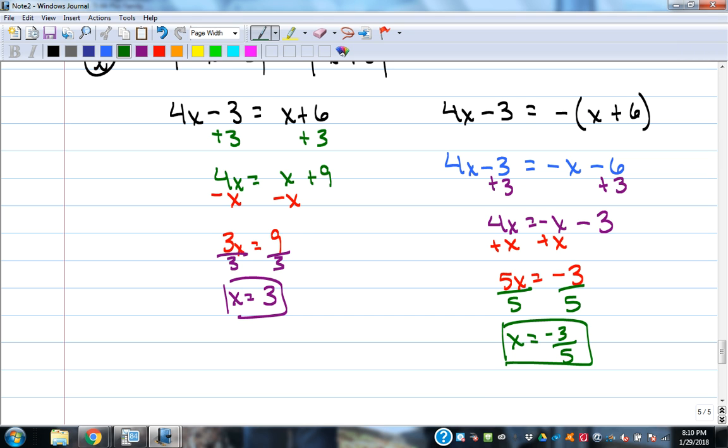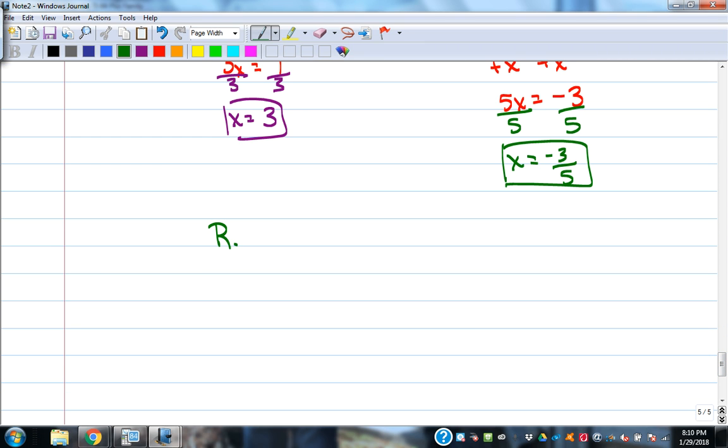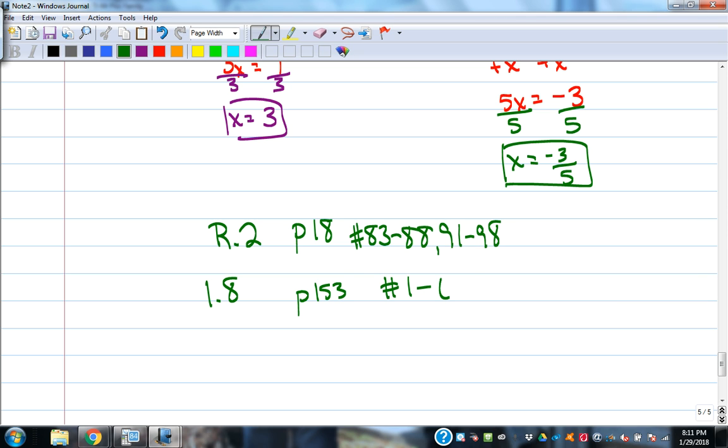Pretty easy set of sections tonight. Believe it or not, that's it. Page 18, 83 through 88, and then 91 through 98 are good ones. And then 1.8, 153, 1 through 65, something like that would be some good ones to look at to get you prepped for your Canvas quiz. It will be available tonight, should be available right now. And then I'll post the lecture online, and also